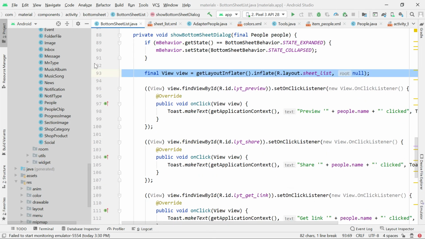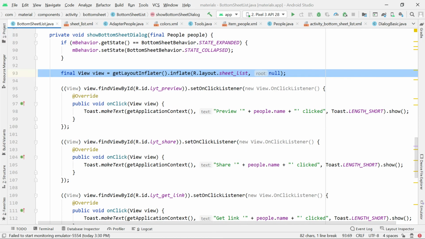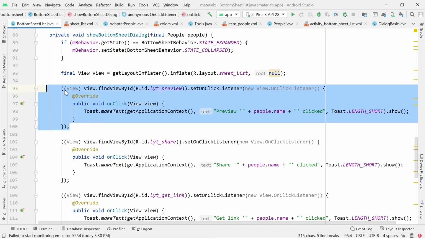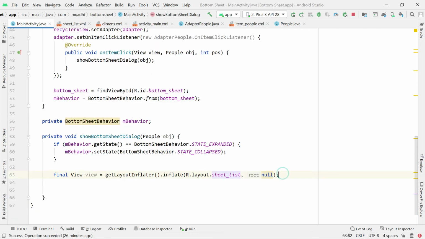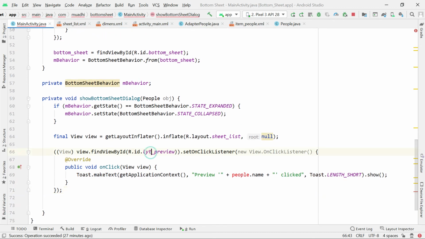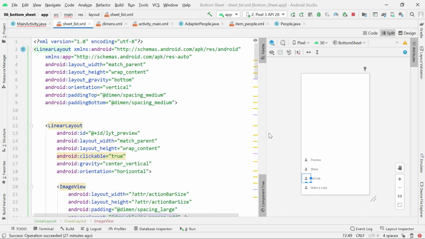You can see here we find, for example, the preview click listener, and then you say when someone clicks there, then you can decide to preview. You just add a click listener from those bottom list. To find it, you just say findViewById based on the main ID, then you set the click listener on the preview here.